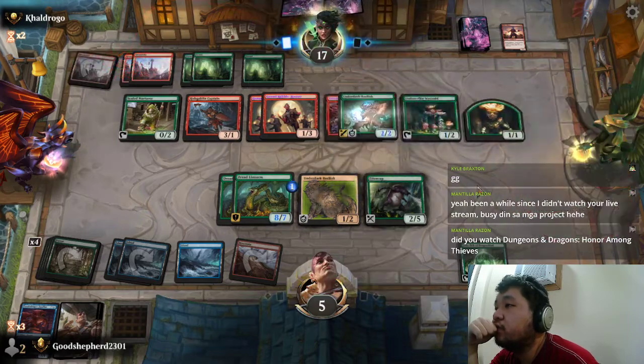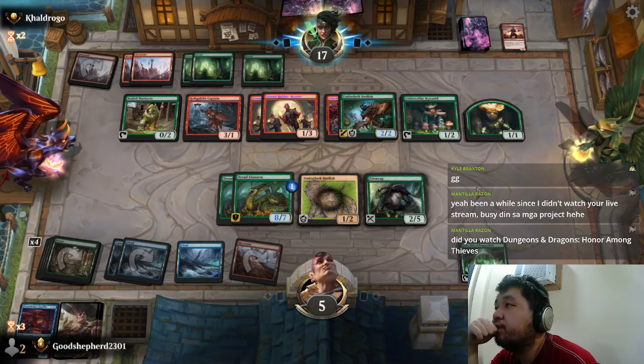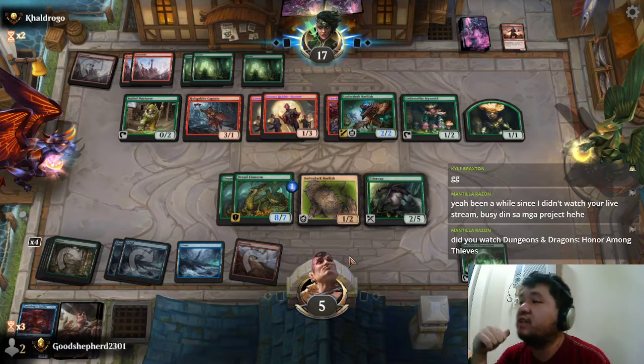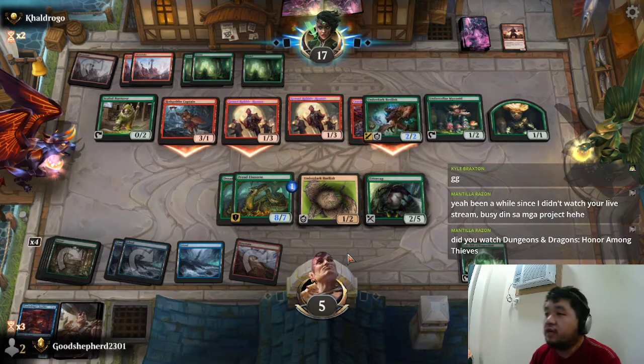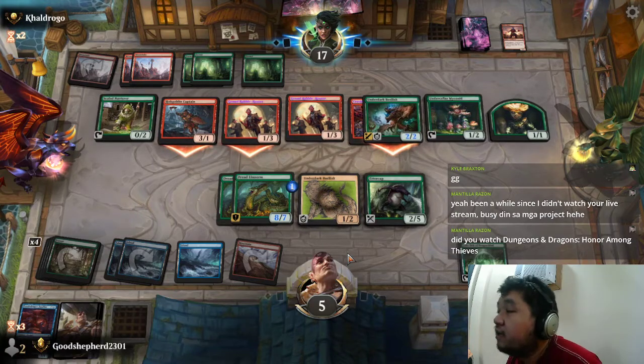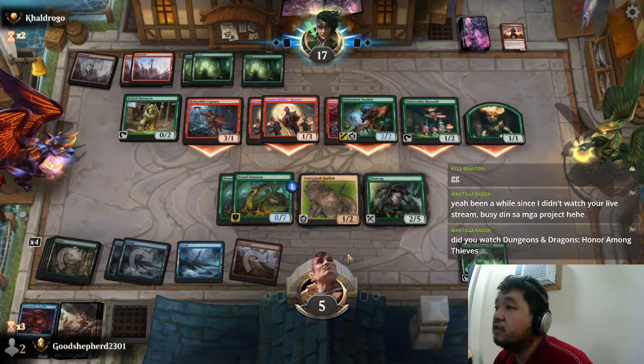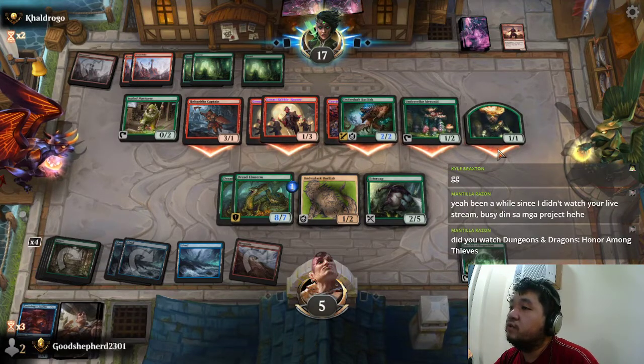So that makes it into a 2-2. I am quite willing to trade. Let's see how they... Because I know these guys pump. If I had a way to pump this Dreadlenorm one more time... Oh, they're swinging. They're swinging with everything. Okay, let's do the math. 1, 2, 3, 4...